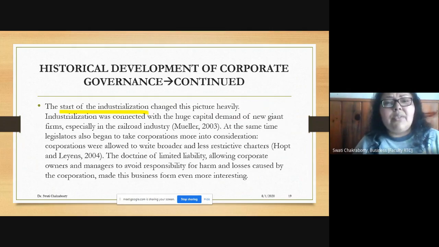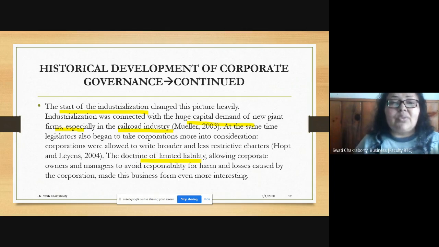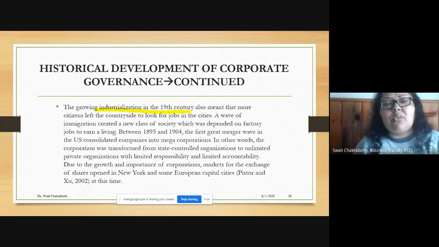With the industrial revolution, what was basically happening at that time is new firms coming up. There was a need for huge capital, right? So big firms were coming up, and the industry that grew at that time was the railways, right? Big corporations coming up meant that the concept of limited liability came into play, right? So see, it's the 18th century. Now industrialization started growing and became more and more popular in the 19th century.